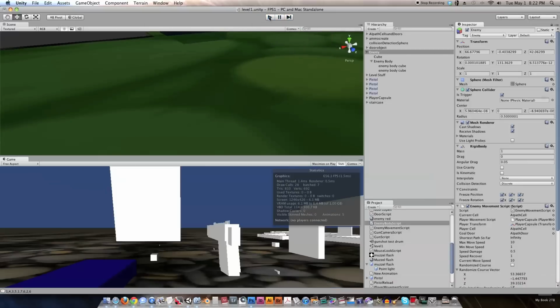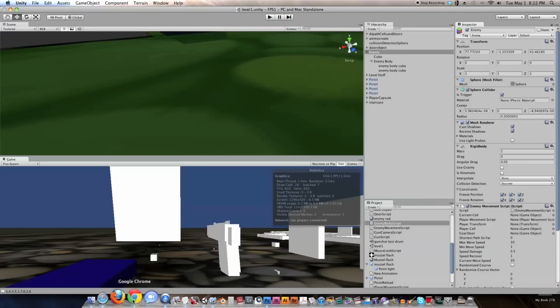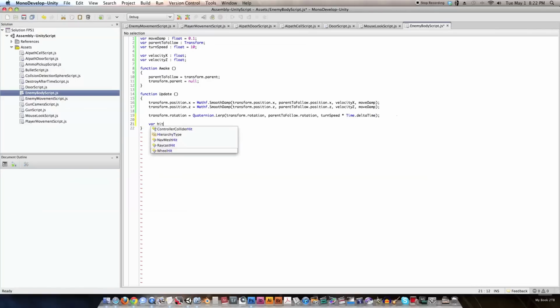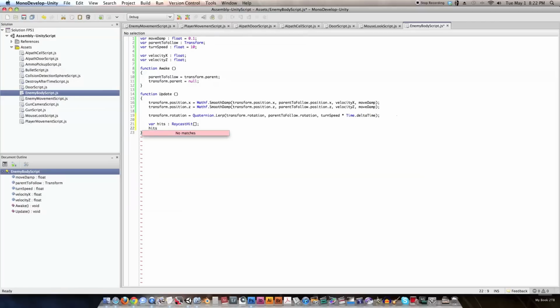Okay. And now let's actually affect the Y position of where we want the enemy to go. So we're going to declare a variable called hits, and it is of type RaycastHit. Did I spell that right? Maybe RaycastHit is all one word. Yep. Okay. And it is going to be an array. Alright, so now hits equals